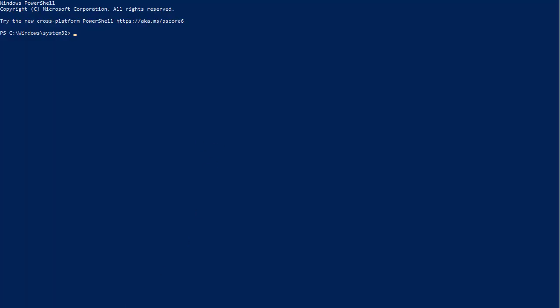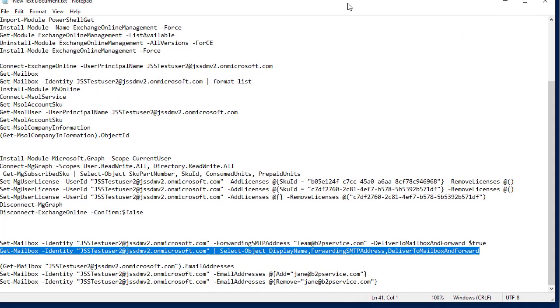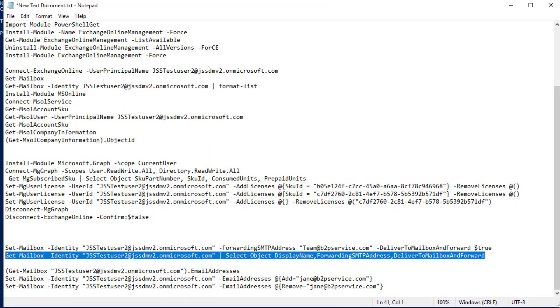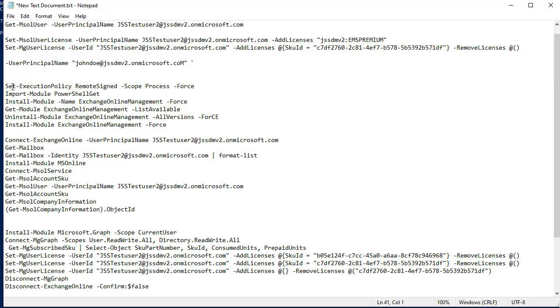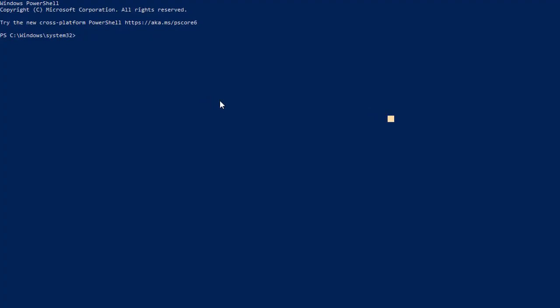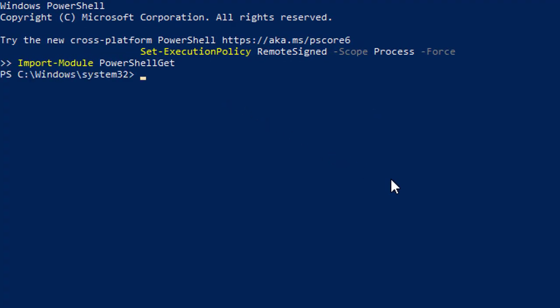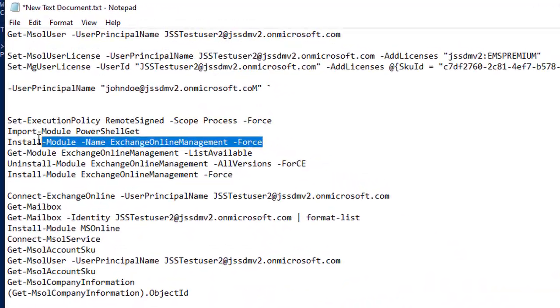So here we are connected to PowerShell, and before we start, let's make sure that you are connected to the Exchange Online PowerShell module once you open PowerShell. Here you can see that we have sorted out a few commands that we are going to use every time we are working in PowerShell. First we are going to run these cmdlets: Set-ExecutionPolicy and Import-Module PowerShellGet. And here I am pasting the cmdlets to run. Once you verify the command has been executed, then